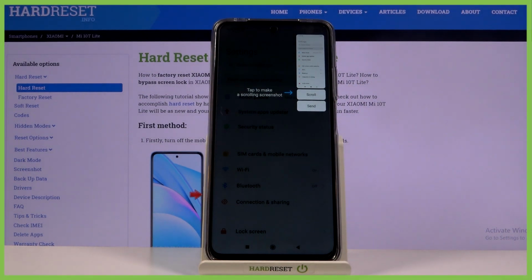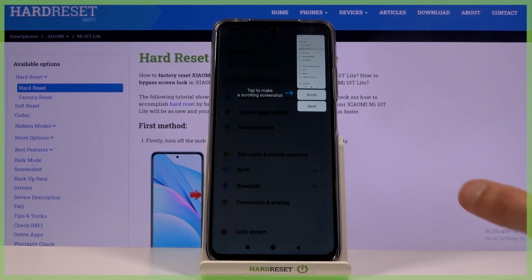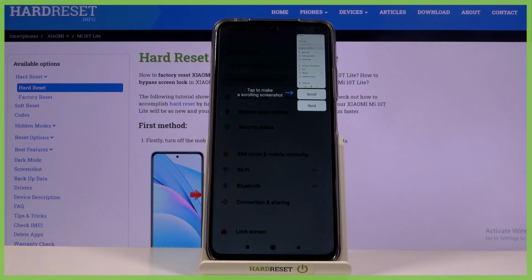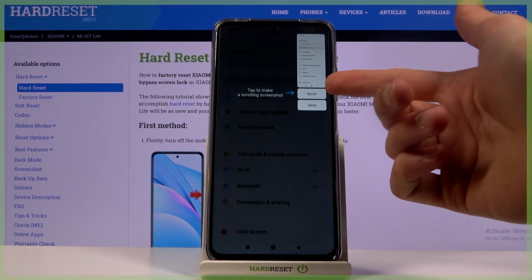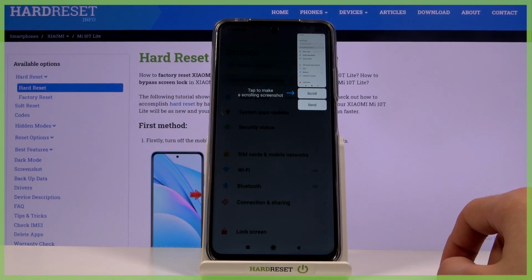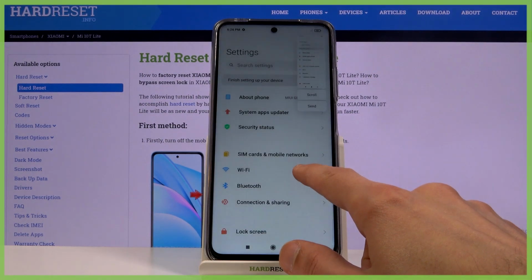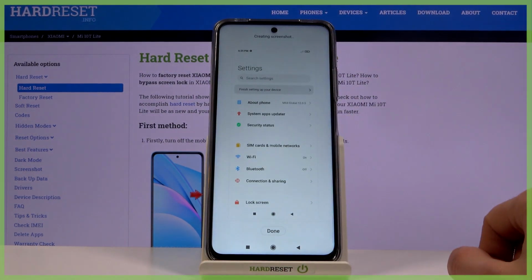You'll get a sound for it, basically like a lighter. And then this image right here, and if you're doing this for the first time, it will give you this brief overview of what has just happened. So tap to make a scrollable screenshot, and it points to it, and also you have the send option. Now I opened settings because it actually does have scrollable content, so I can tap on scroll and this